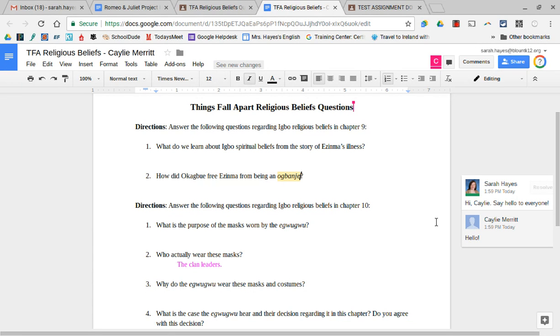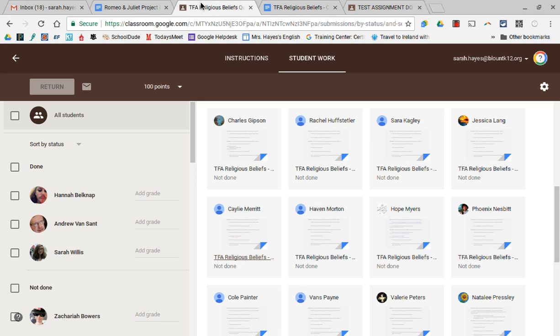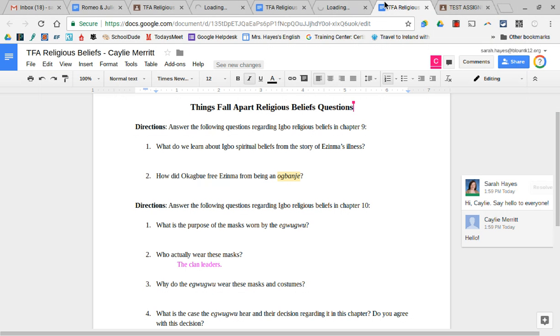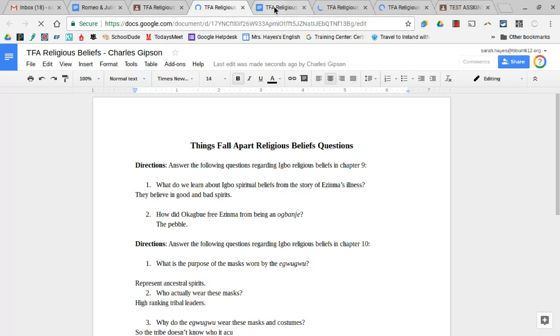I have also found this helpful for some of my kids that have trouble staying on task, because I could actually open up three or four documents, or all of the documents, and I will appear in the upper corner of all of these documents. It's going to take a minute to load because I'm trying to load several of them. But just like their icons are going to appear on my screen, my icon's going to appear on their screens, and they're going to be able to see that I am in their document. They don't have to know that I'm in all of the documents, and I may not be actually looking at theirs,